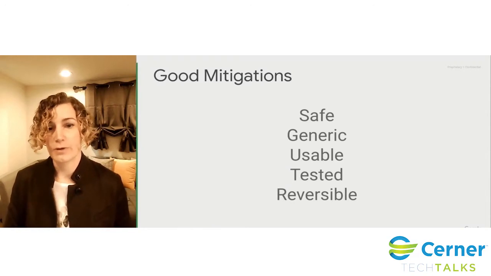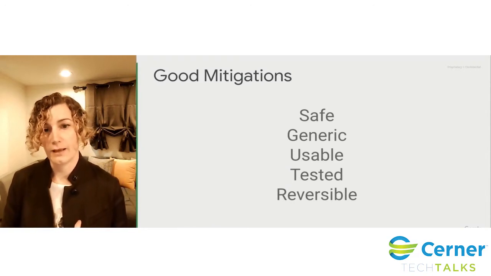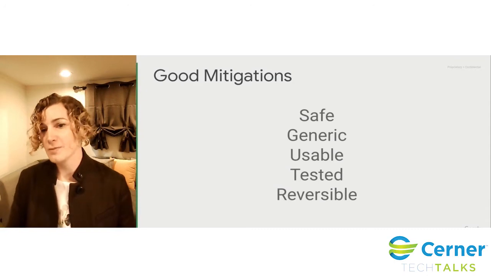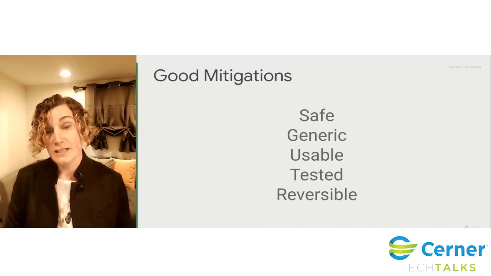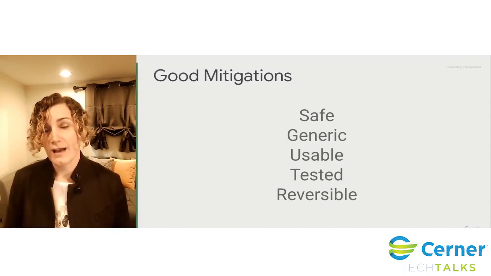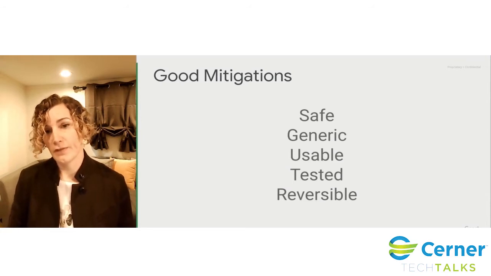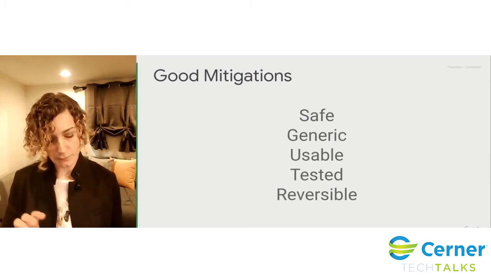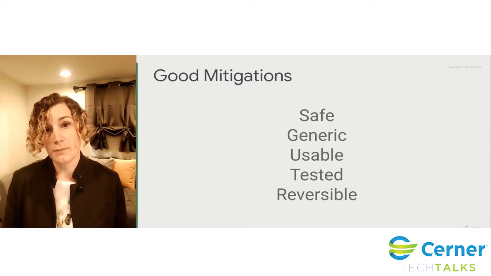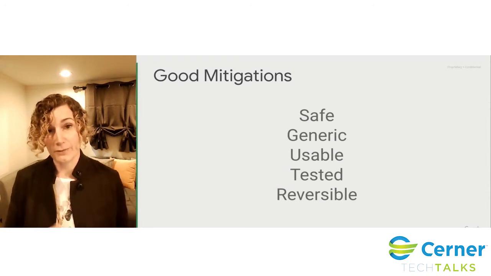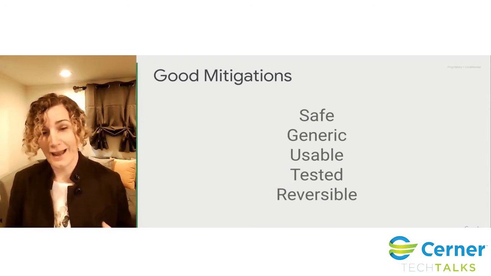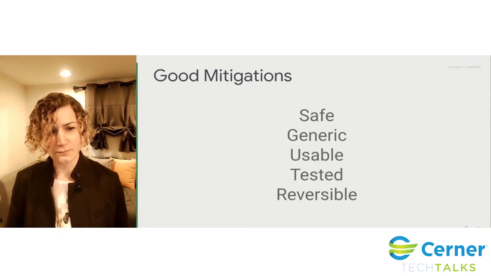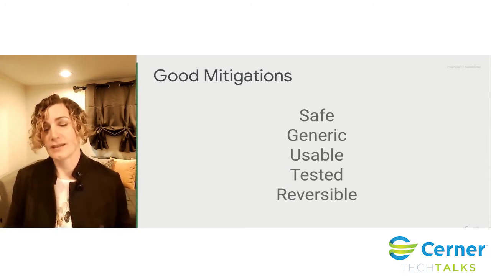So I have an outage. I want to be able to say, yes, I can run this command, and it may not get me out of the outage, but it won't make it worse. I want it to be generic, and that means I don't want to need intimate knowledge of the component that's broken or of the code to be able to run it. I want to be able to say, I can run this even though I didn't write the code. I want it to be usable, meaning that in the heat of the moment when I'm dealing with this outage, I don't have to flip through manuals and try to figure out some cryptic commands. I just want it to be obvious so I can use it.